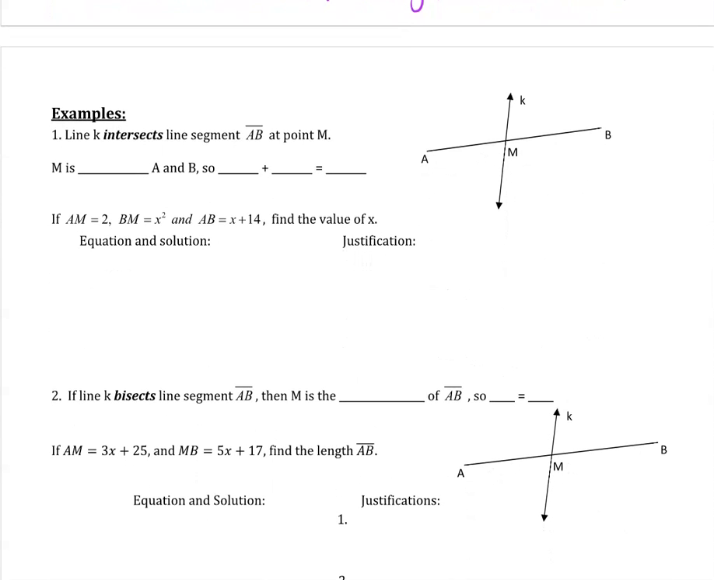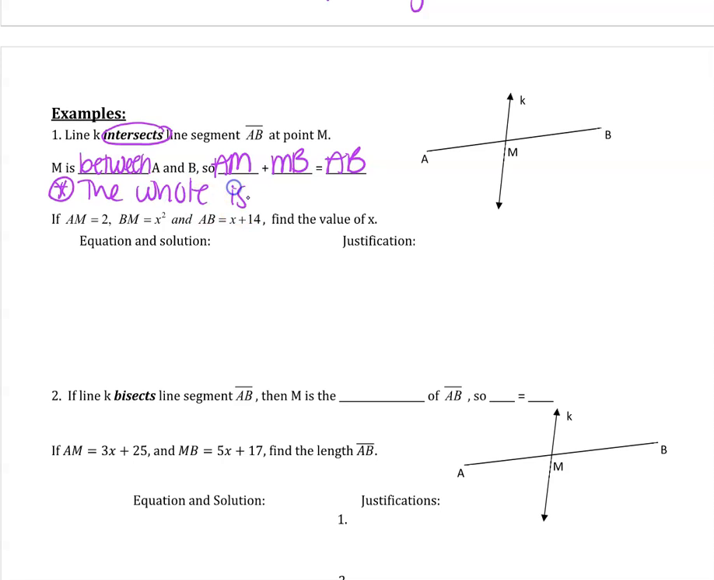So let's put this into practice. If I have line K intersects line segment AB at point M, by saying intersects, all I know is that M is between A and B. I cannot conclude that it's a midpoint. It just says intersects it, so M could be anything. If M is between A and B, then it must be true that AM plus MB equals AB, aka